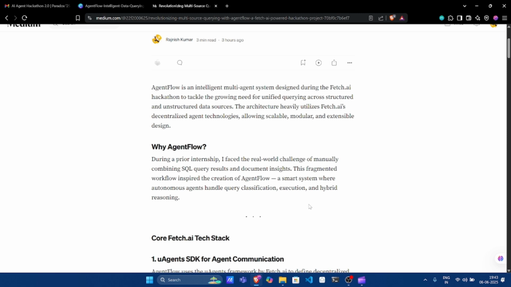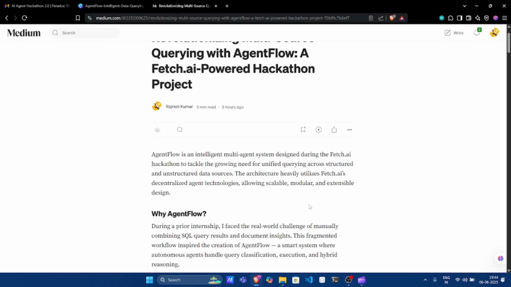So I chose this project because in a prior internship I faced a real-world challenge where I had to deal with different kinds of data, structured data, unstructured data, different kinds of docs, PDFs, and so we wrote different code to query from these documents and everything. We wrote a complex Python code, and we faced lots of problems with that, but dividing it